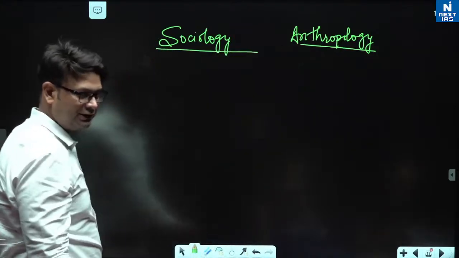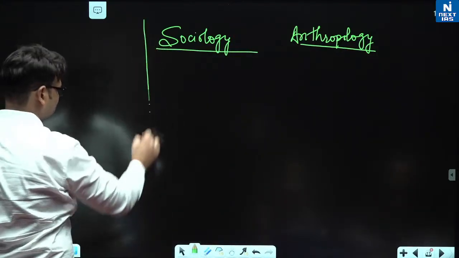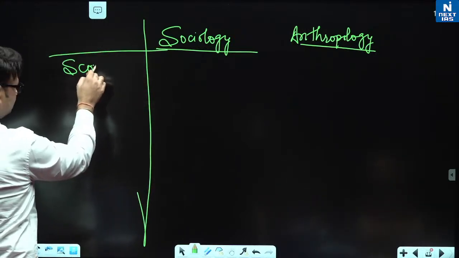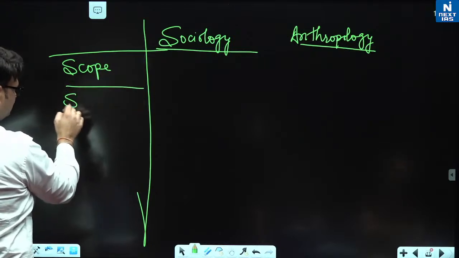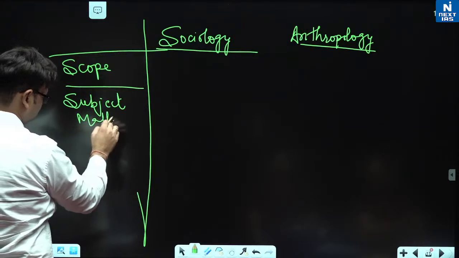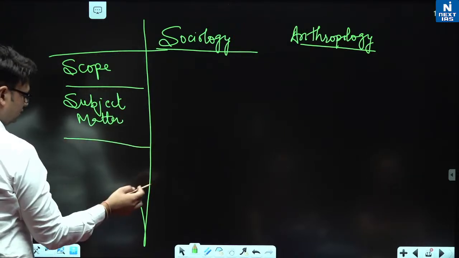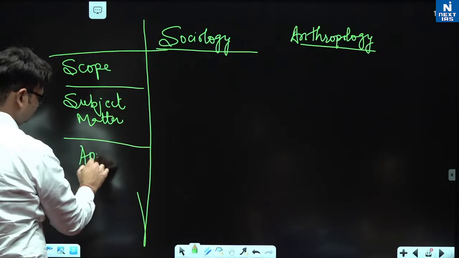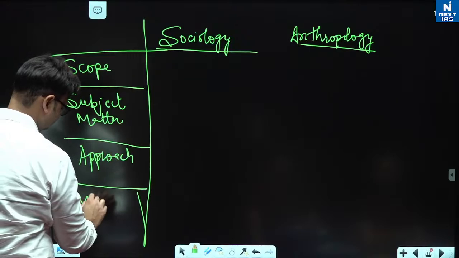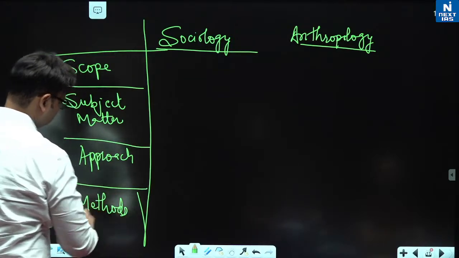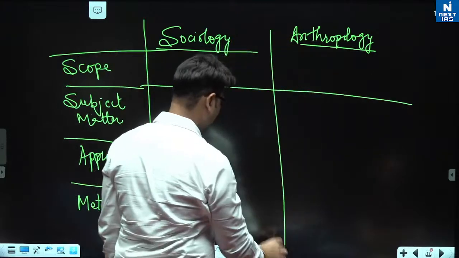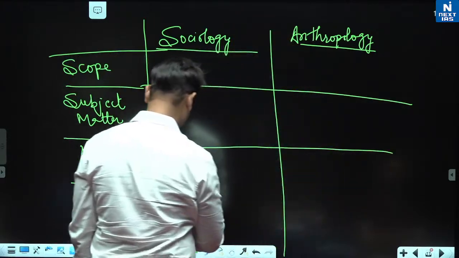The differences you can see on 4 lines. ठीक है, first and foremost is scope, subject matter of study, then approach and methods used. So scope में क्या होगा, आप सभी को मैंने बताया था ये चीज़ तो, है ना।